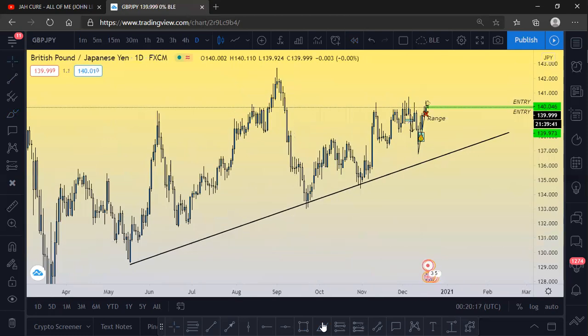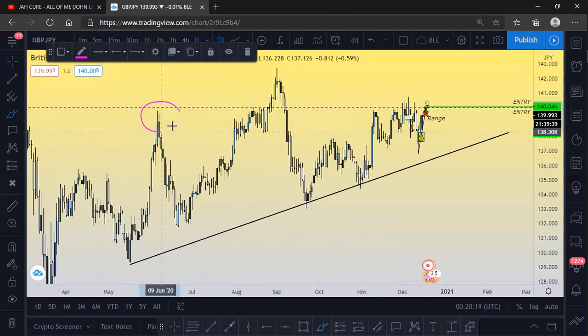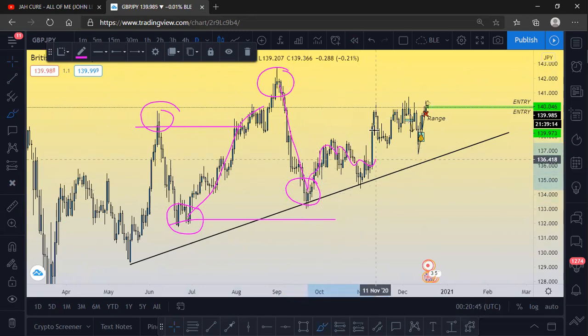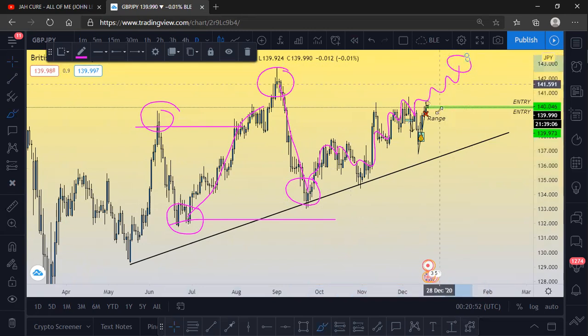Okay, let's go together. This is the first high here, right? Yes. And then we had the higher low. Price came up, closed above here. We have the new higher high, right? Came here but did not close. Closed here. This is the higher low, right? Yes. But you can see price is still finding its way back. So I still feel this is in an uptrend.